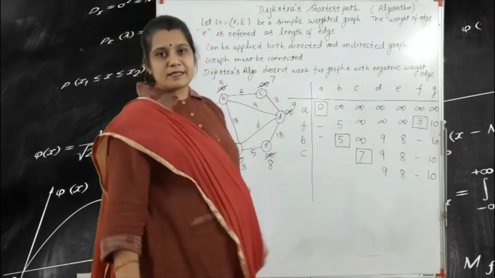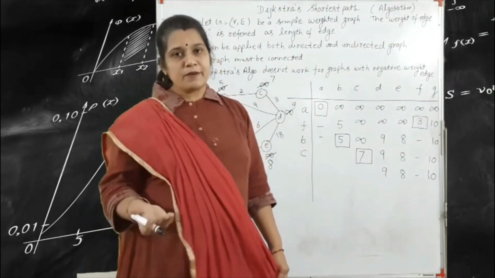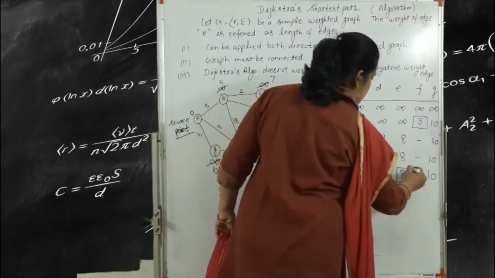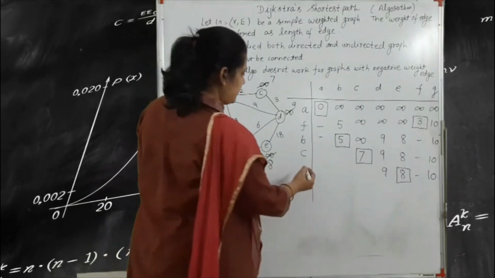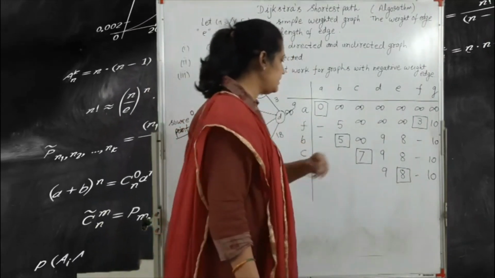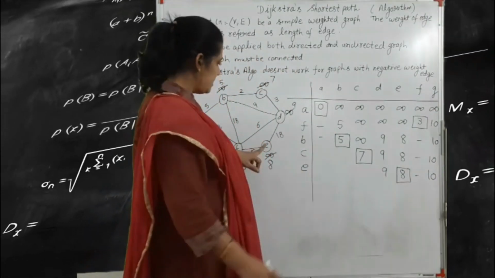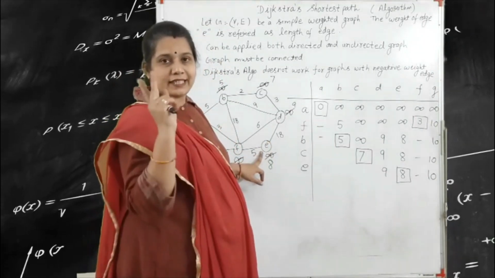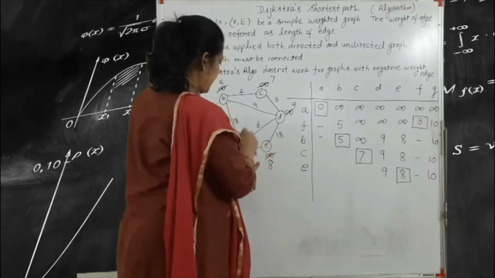Okay. Next step is what? Again, we consider the minimum value. The minimum value is 8. Okay, so 8 is E down, so we write here E. Got it? Here we write the E. So E, that means this vertex. According to E, we connect the two edges D and F.